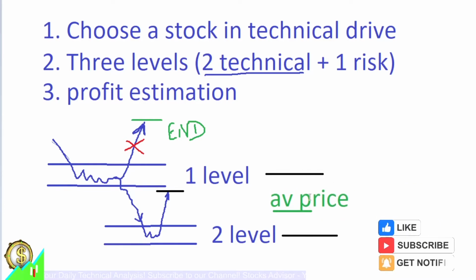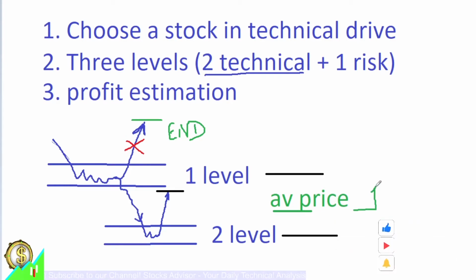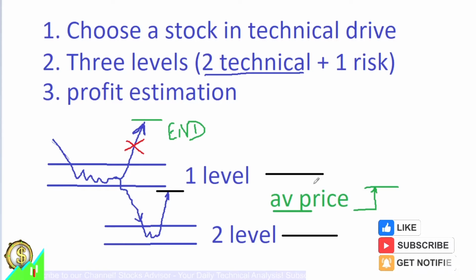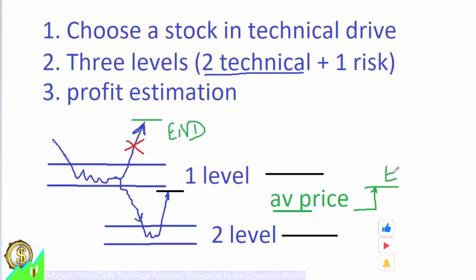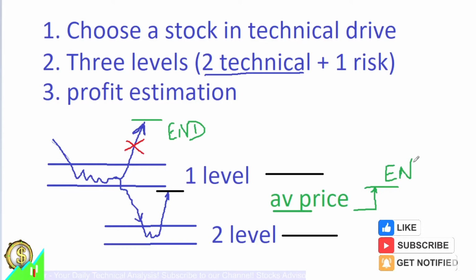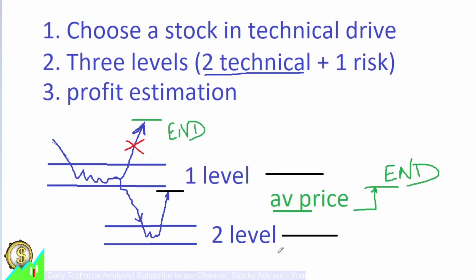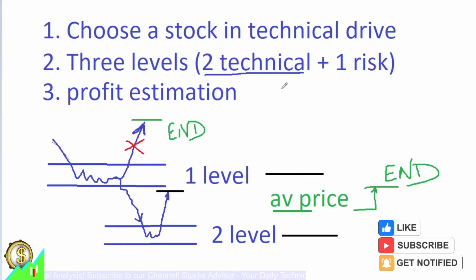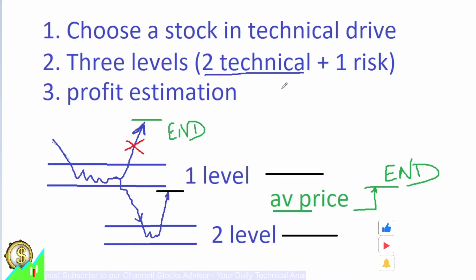You don't need to wait until those highs, because your new profit, let it be 10%, will be maybe somewhere here, plus 10%. It might be even lower than the first level, but still it's from your overall money. So you will be able to take the profit in the given profit estimation. And then you exit, you sell. Again, end of story, end of analysis. If it played from the second level with the profit estimation, it's the end. You cannot use this video anymore. So we need a new one. You can request it if you like.